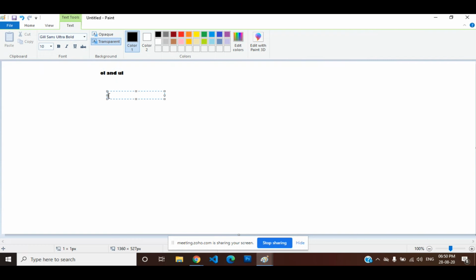Coming to the definition: HTML provides a set of elements that are used to present items in list type.